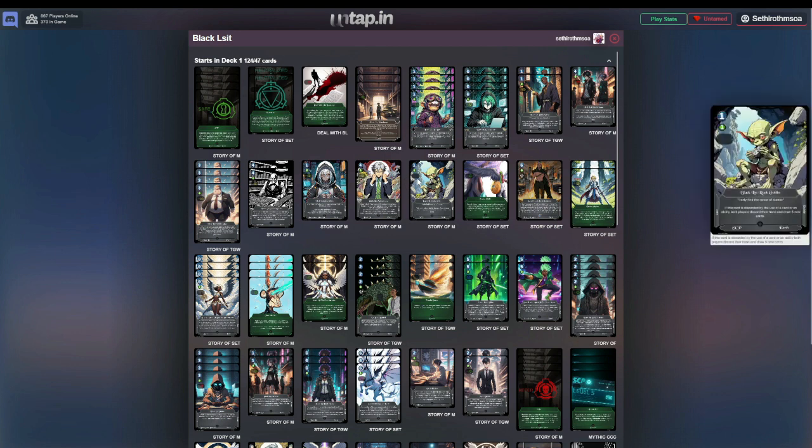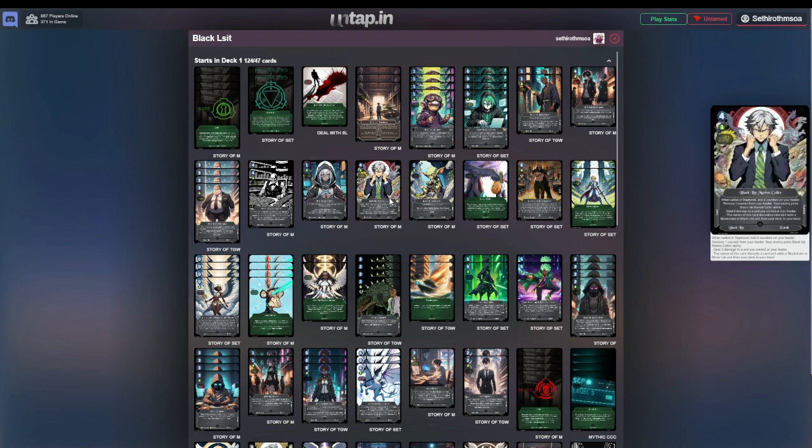You only want to use him when you need a refresh. So it's basically so the deck can keep playing. So it's like this: if you've got nothing else to do, if you've got one card, discard cards, and then you have this card, you want to play this last. For this guy right here,